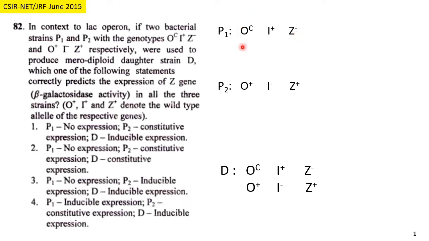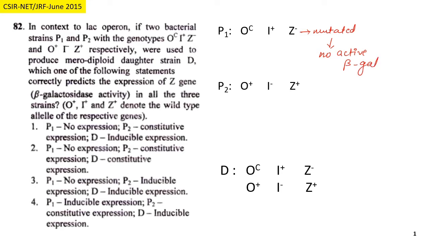This Oc is also a mutant gene, that is the constitutive operator. It is also a kind of mutant condition and you can learn about this constitutive operator in detail in my previous videos. Now coming to the question, if we discuss P1, here is the constitutive operator. It will regulate the expression of this lacZ gene. This lacZ gene is mutated and the question is about the activity of beta galactosidase. As this is mutated, it will not produce any active compound. No active beta galactosidase enzyme will be produced by this gene.